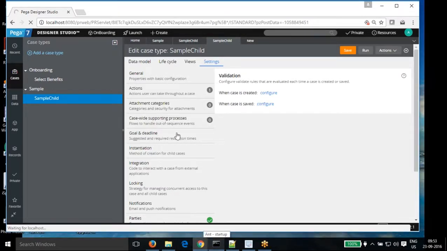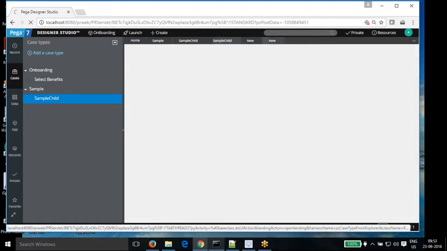And the final thing, in case of the child, only we'll see this one, instantiation. Okay. So what do you mean by instantiation? So if you have it for your child case, when you want to start the child case, when you want to invoke the child case, for example when your case is started, you want to invoke the child case as well.